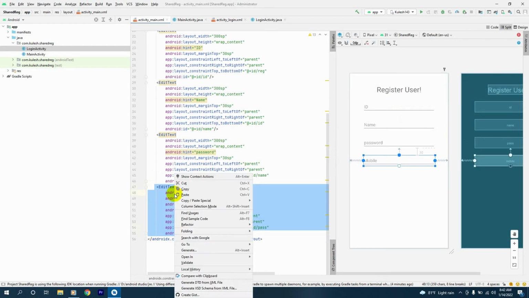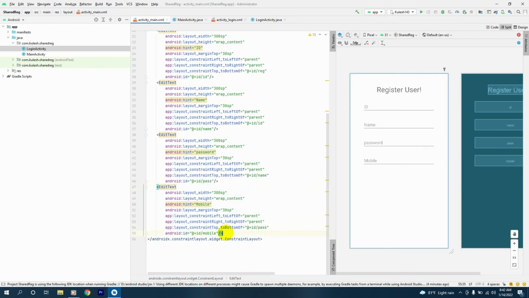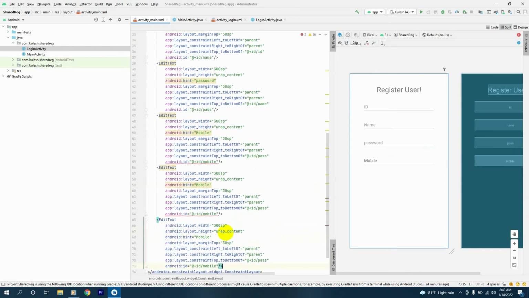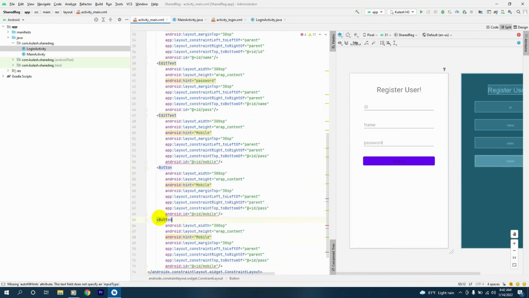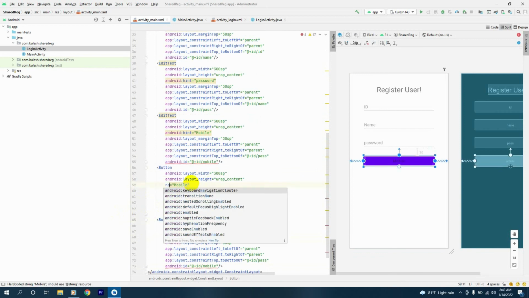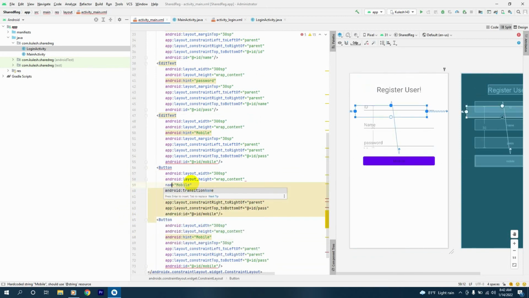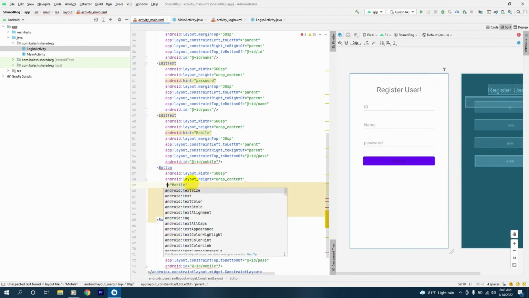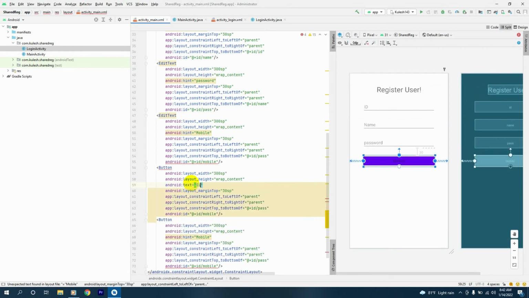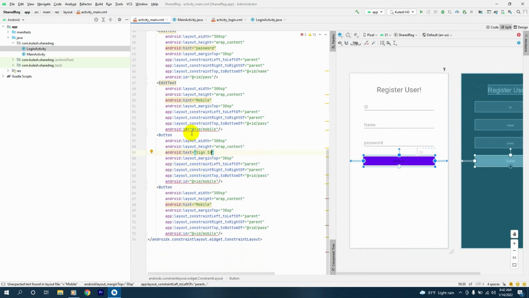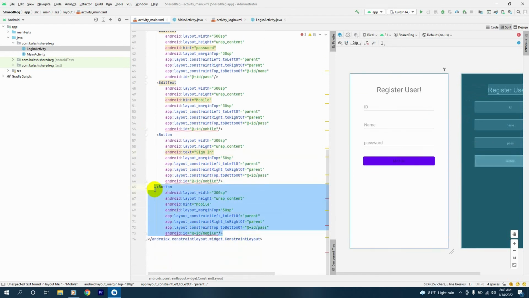And next thing, we'll copy this and paste it 2 times, and we'll make these buttons. We'll give it the text sign in. We won't need the other button,